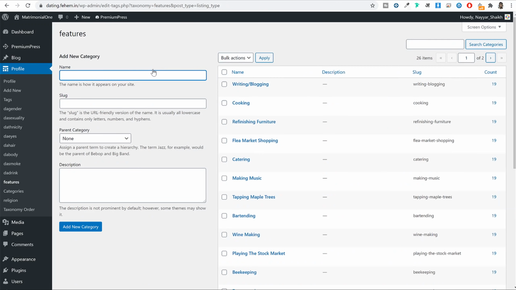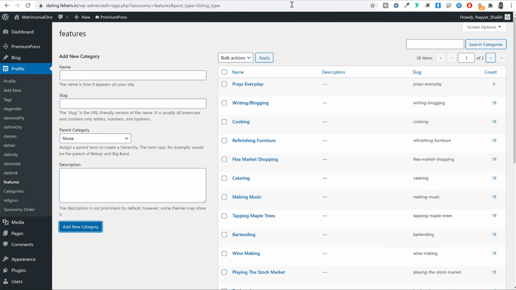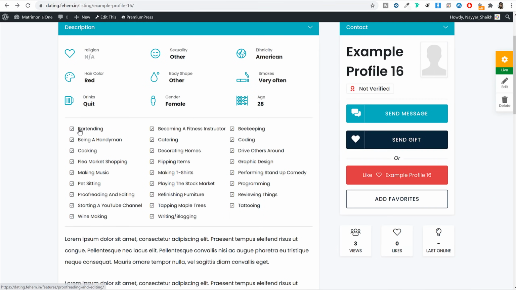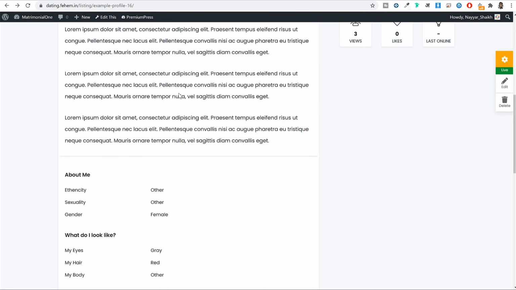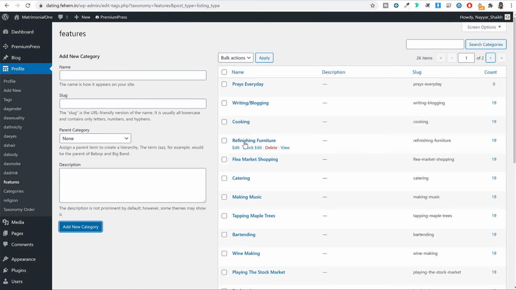So again, I can explain another example for a Muslim matrimony. For example, I'm creating a Muslim matrimonial website. In the Muslim religion, we give a lot of importance to whether a person offers prayer every day or not. So I can add an option like this, prays every day. Whenever a person is creating a new account, they can select that yes, I do pray every day. So those things can be added under features. Now these were the most basic things, and I think first you should start with this. Just create taxonomies according to your needs, and you can change the values under these taxonomies.